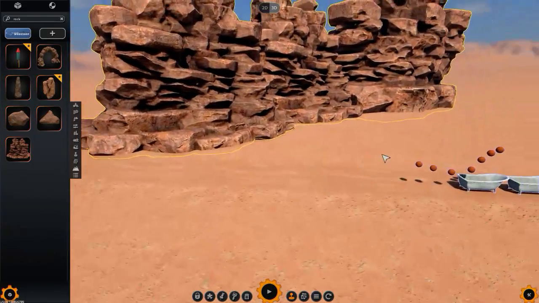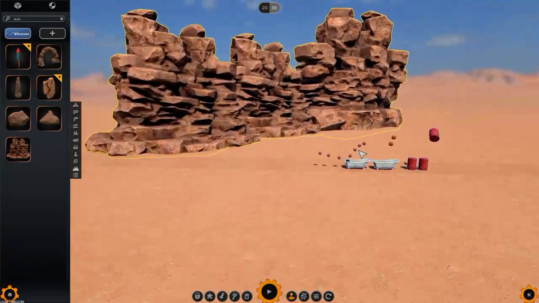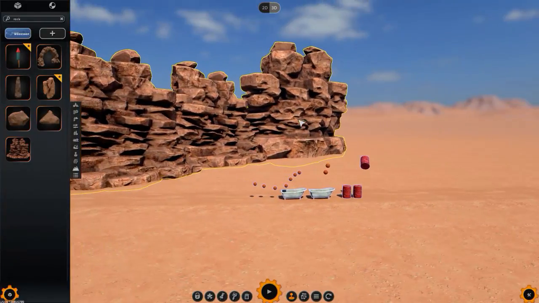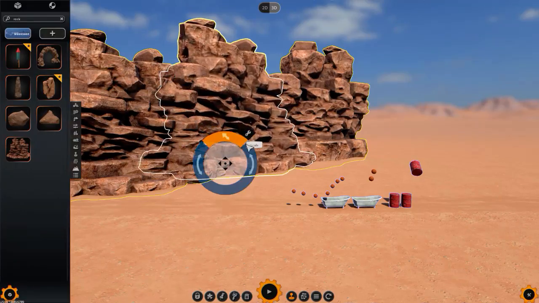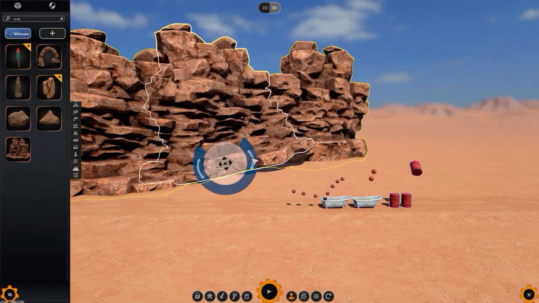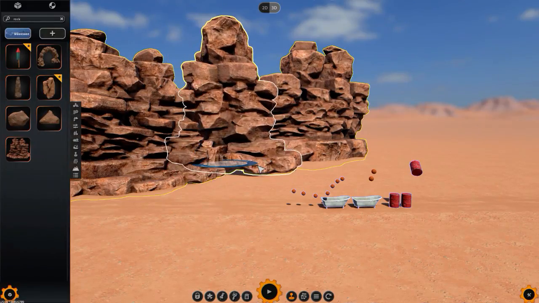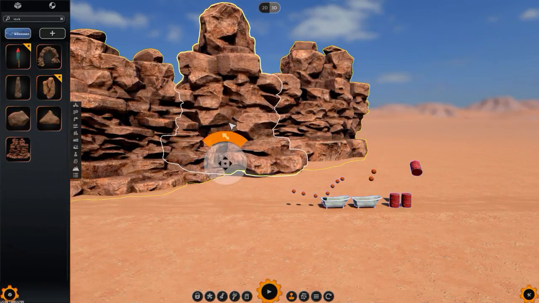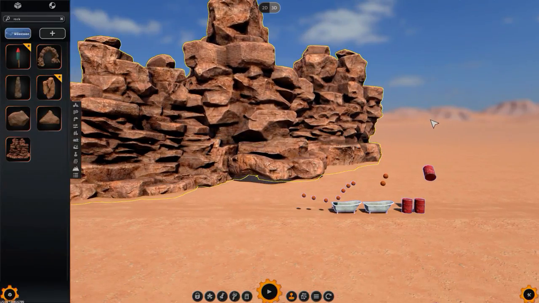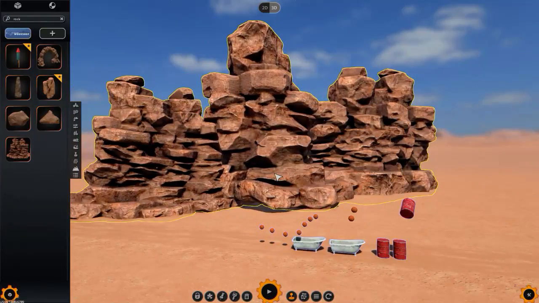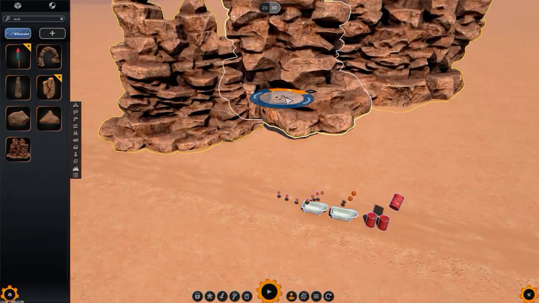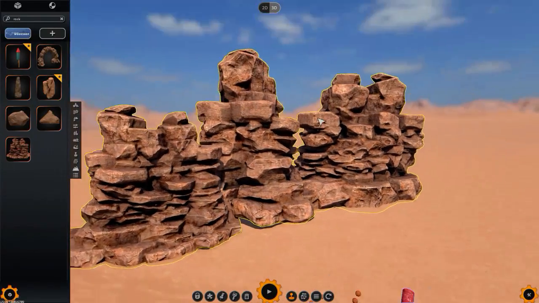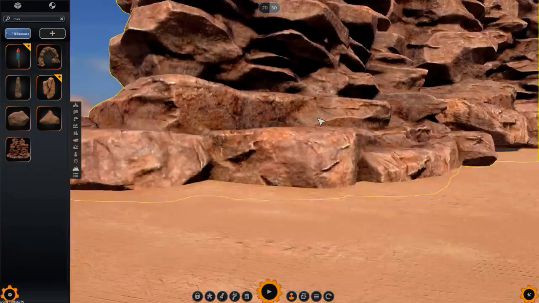Okay, back to the game. Let's continue with our canyon here. We built one wall of rocks here. Let's rotate them a bit to look more individual. And we already got one cool wall here. If you wonder what the yellow outlines are,